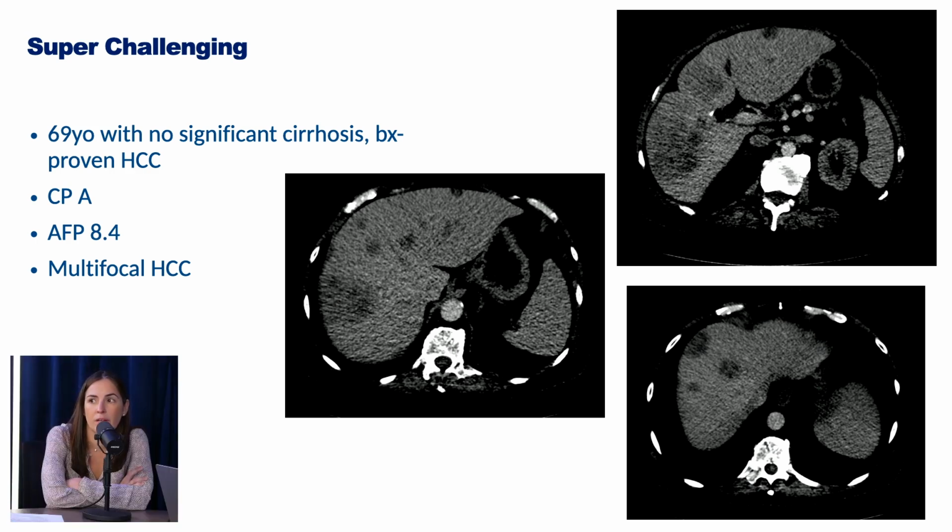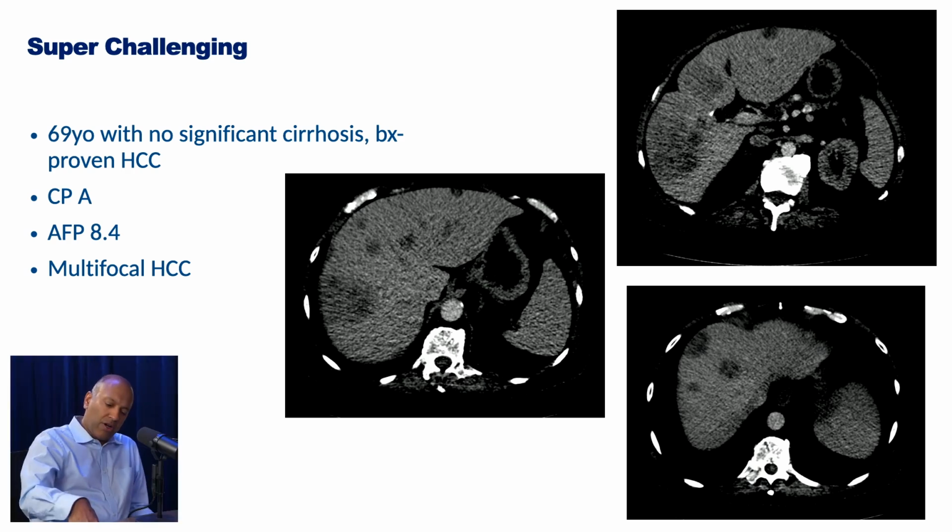Sid, what about systemic for this patient? Is that something you would consider at your institution? So let's say they weren't on a clinical trial and we decide to do liver-directed therapy. I think there's two scenarios. You either do liver-directed therapy and then you combine it with systemic right away, or you do the liver-directed therapy and then you assess for the response, and then you might decide to do systemic therapy later if you want to. We've taken a much more conservative approach,